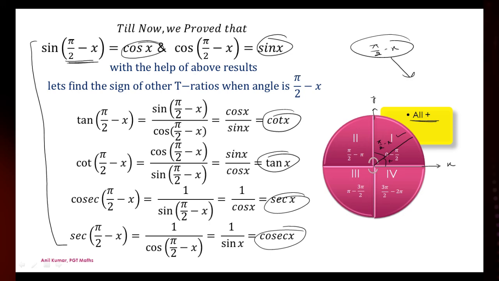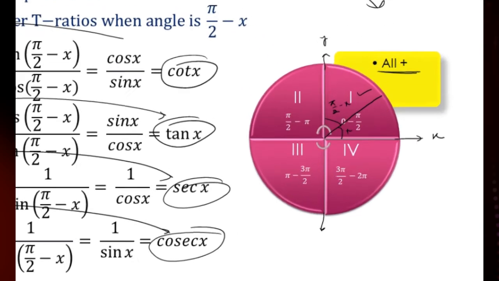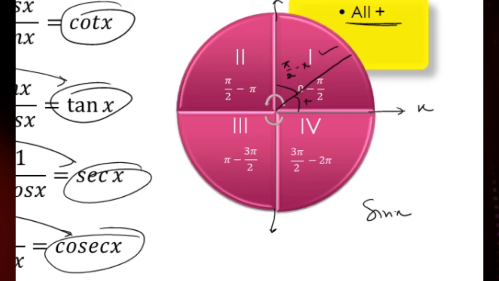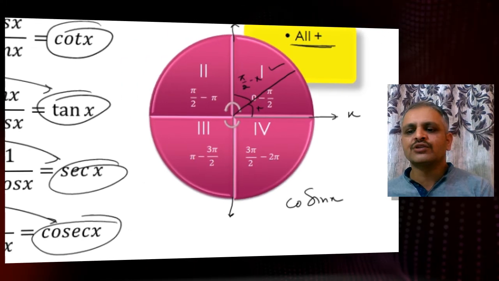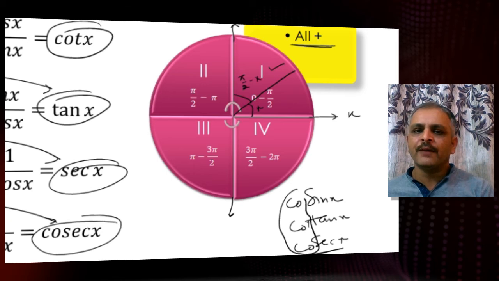Okay. Now, second thing is that sine converted into cos, cos converted into sine, tan into cot, cot into tan, cosecant into secant, and secant into cosecant. Means whenever we will measure the angle from y-axis, that cofactor will be applied. For example, initially if it is a sin x, then it will become cosine x. If it is tan x, then it will become cotangent x. And if it is secant x, then it will become cosecant x. That cofactor will be applied whenever we will measure the angle at pi by 2 and 3 pi by 2.